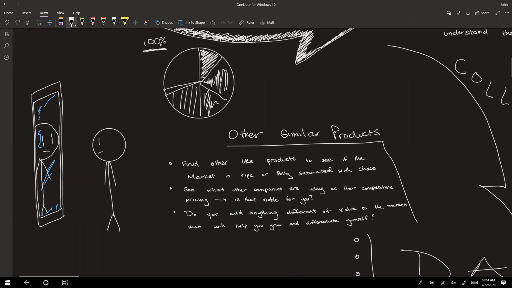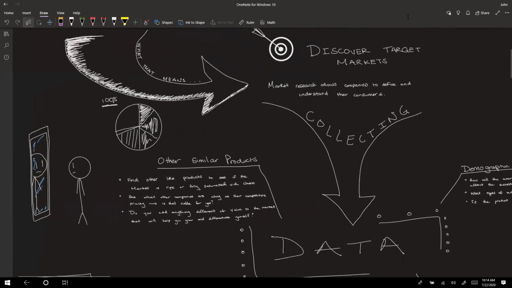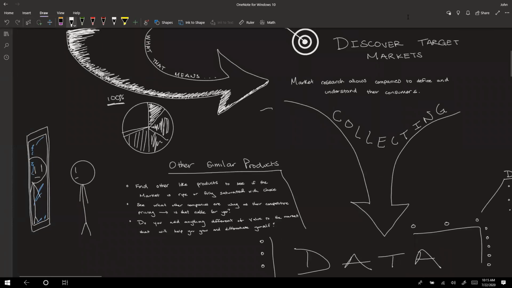So then another aspect would be you would want to see what other companies are using as their competitive pricing. Is that viable for you? So each company is going to price their shoes at a certain price, right? And there are multiple reasons why a company would price something at the given price that they have. So when we think about prices,